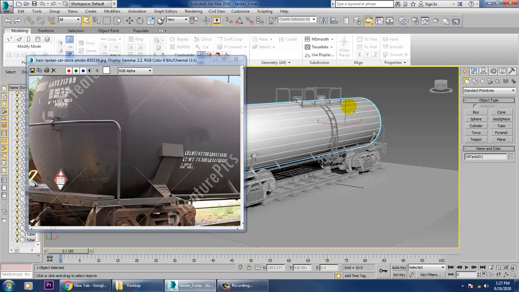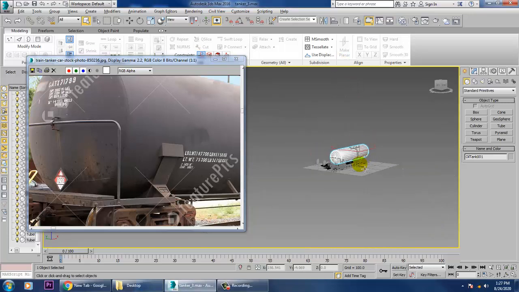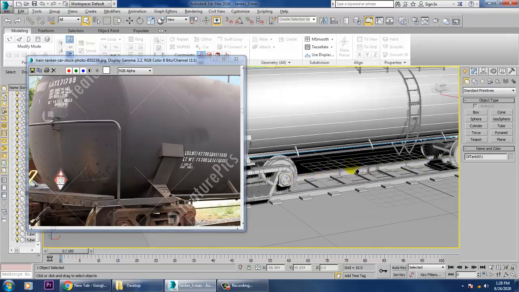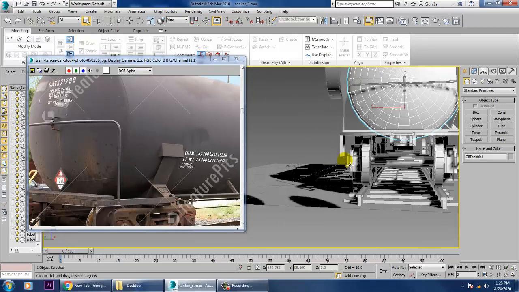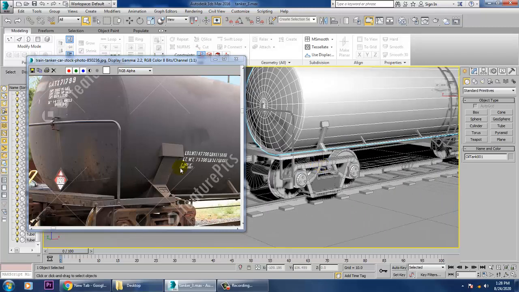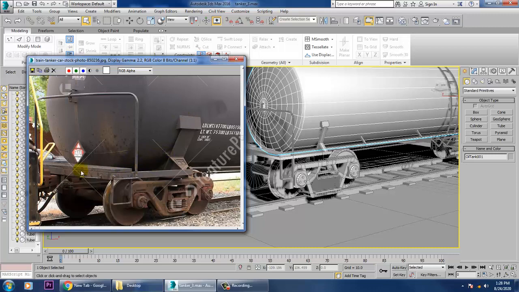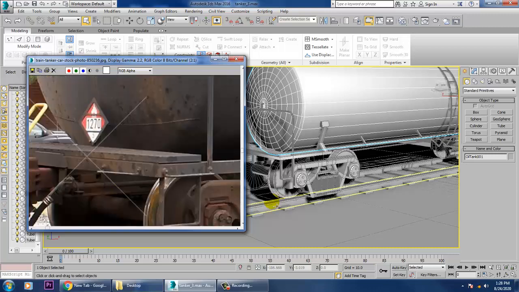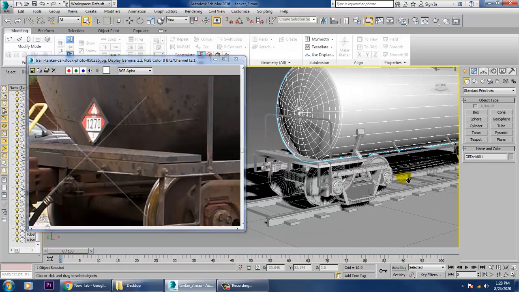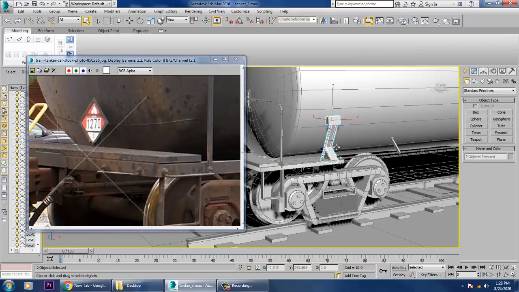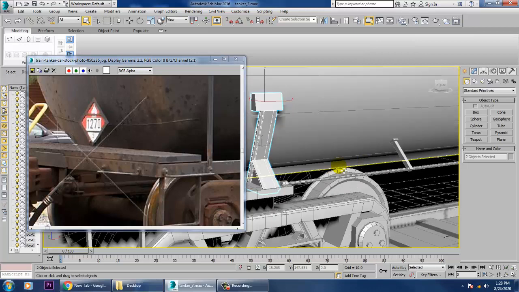So let's get started. As you can see over here, we have almost done a lot of the modeling stuff. So let's continue with the remaining modeling part, then we'll start with the texturing part. Now we have a few things left out which we'll be doing. First, let's mirror all this stuff